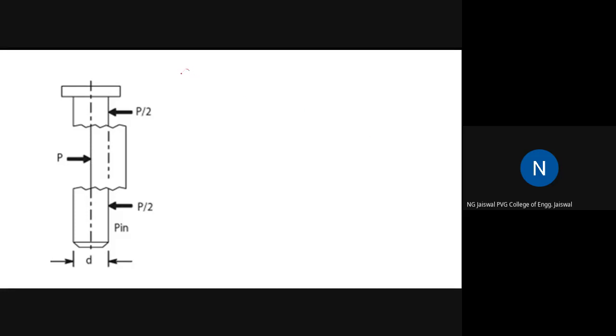We have seen a number of stresses. You have seen the tensile stress, the compressive stress, and the shear stress. There are two types of shear: one called direct shear stress, and the other called torsional shear stress. Then there is bending stress, and so on. I want you to know what type of stress this is.